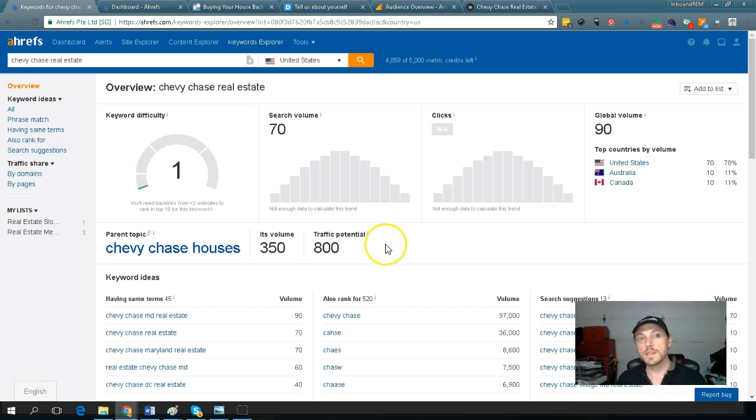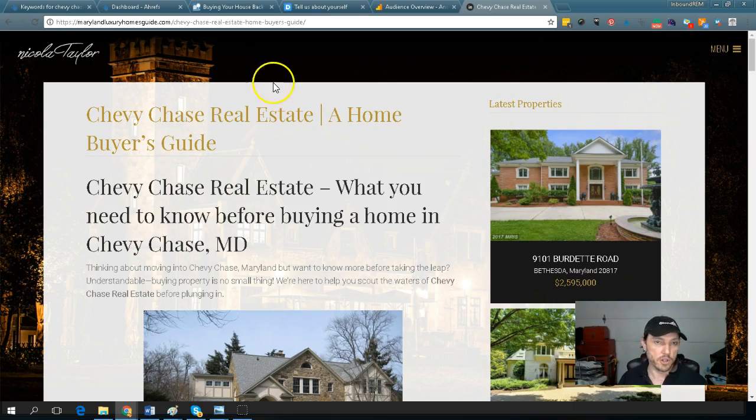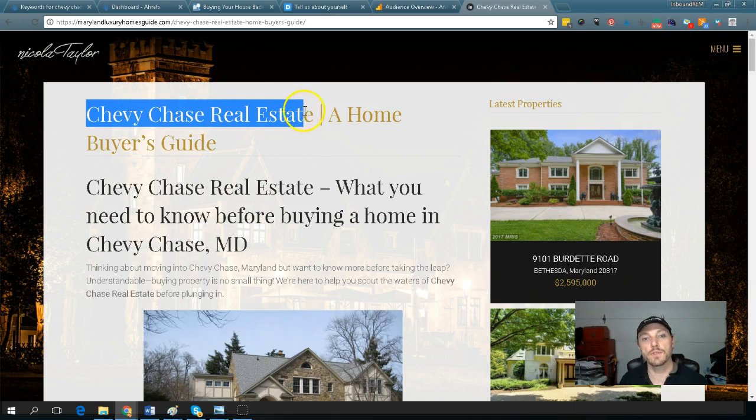To get into that, we're going to take a look at the actual keyword that I'm targeting on this page. It's really easy to understand because the very first bit of the title is obviously a keyword target. I cover all of that in my first section of my real estate SEO tutorial, so if you're starting to get lost in this tutorial, you unfortunately need to back up and watch the first few hours of these that I did so that you're on the same page.